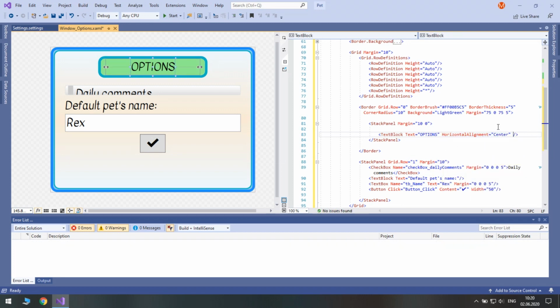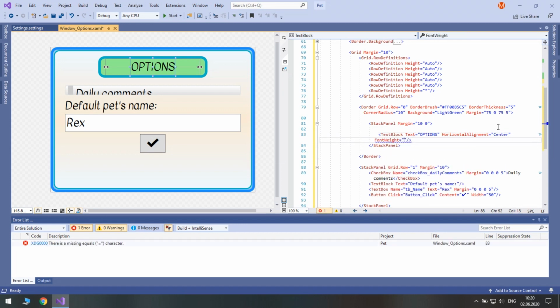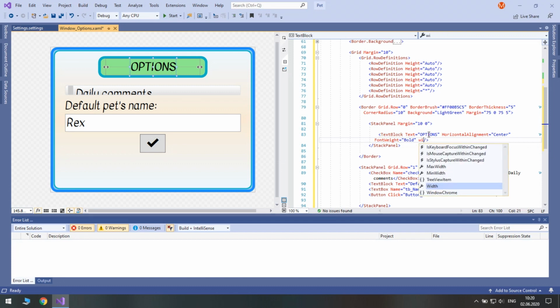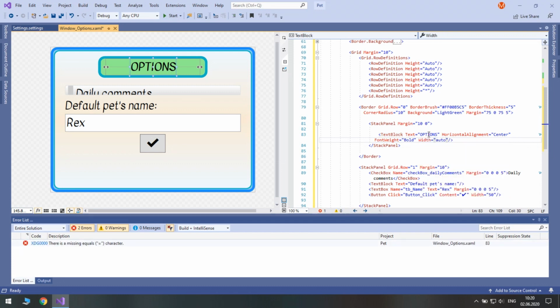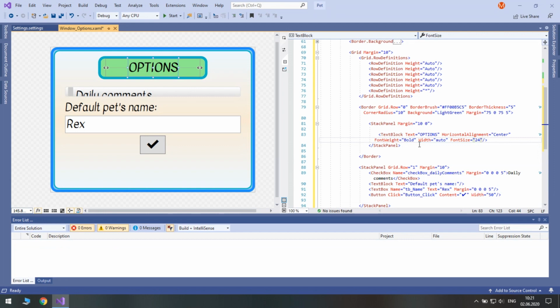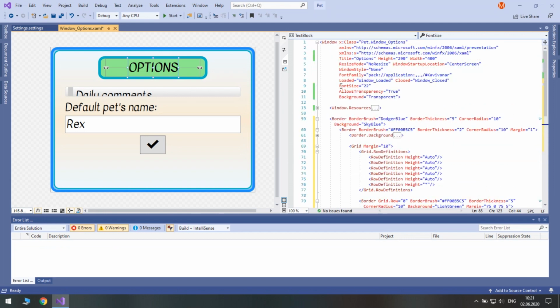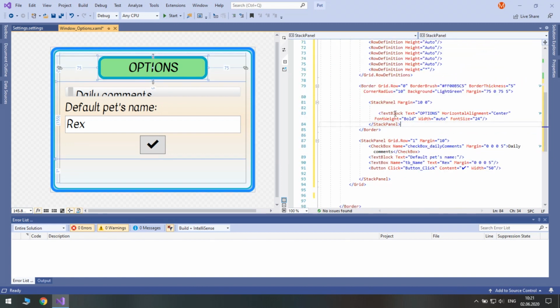Now let's make it bold, so set font weight to bold. Let's try and set width to auto. Doesn't seem to change anything. Okay, let's increase the font size to 24. Good. The rest of the text will be 22. That's it for this border.